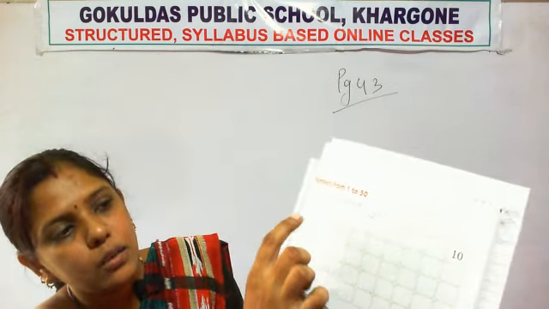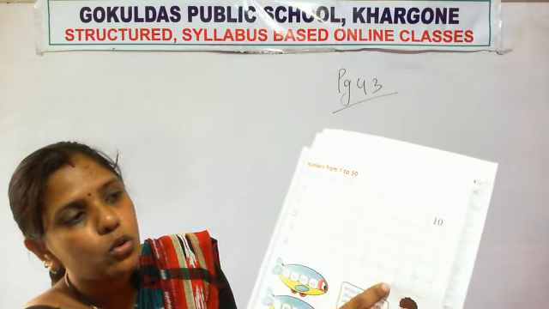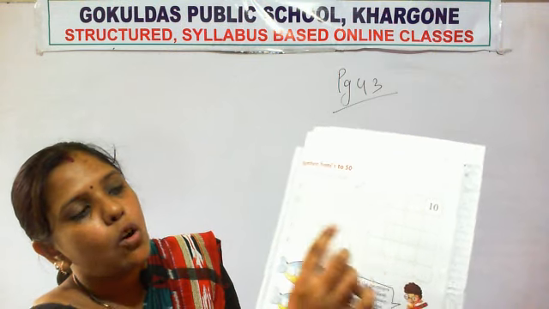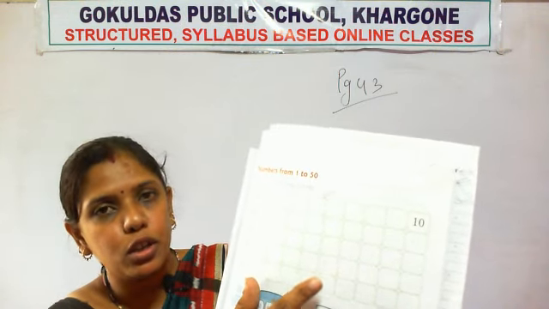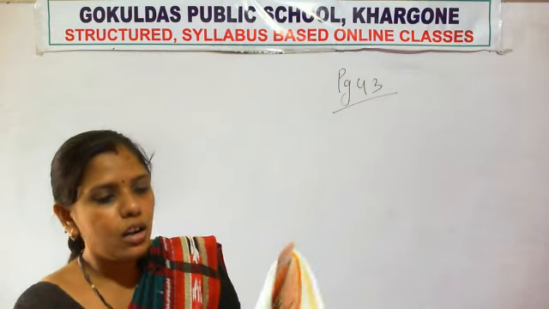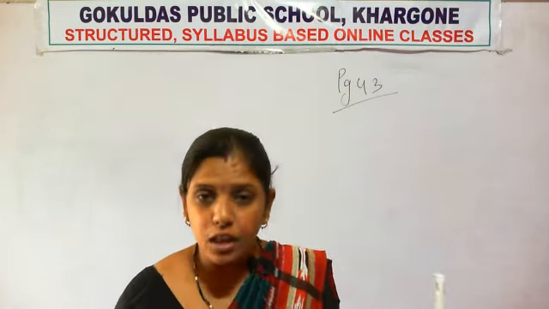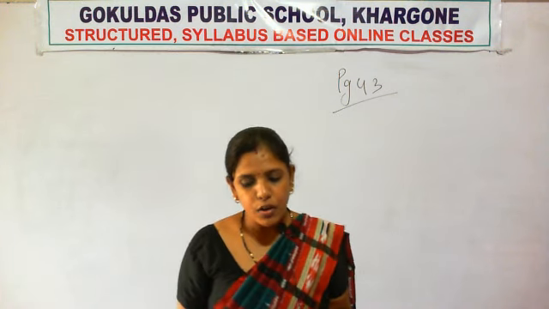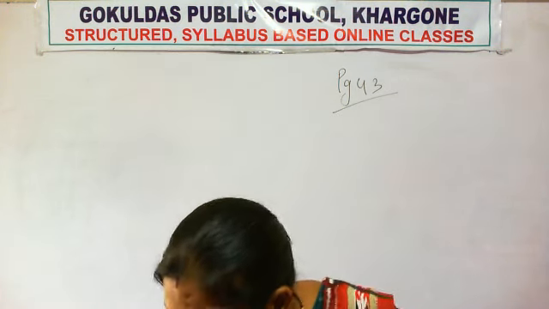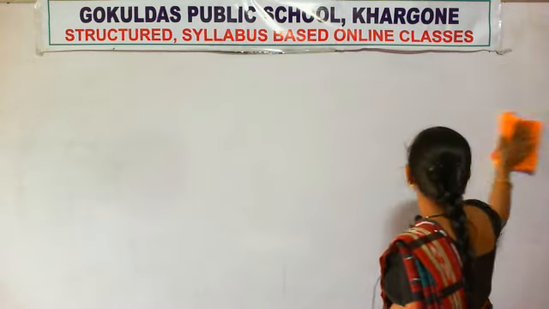Do this in the book, because sufficient space is given in your book. So you have to complete this homework in your book only. Okay, so this is your today's homework. You have to complete question number 1, counting from 1 to 50. Now the next question I am writing on the board and you copy from the board.